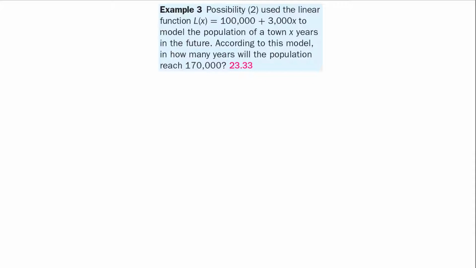Let's take a look at example 3. Possibility 2, use the linear function L of x equals 100,000 plus 3,000x to model the population of a town x years in the future. According to this model, in how many years will the population reach 170,000? Well, this is our linear model, and what we're now asking is, we don't know what x is. It's asking for how many years, so we're saying that L of x